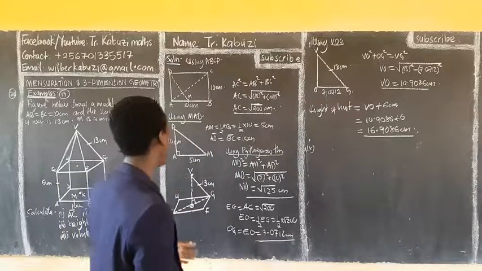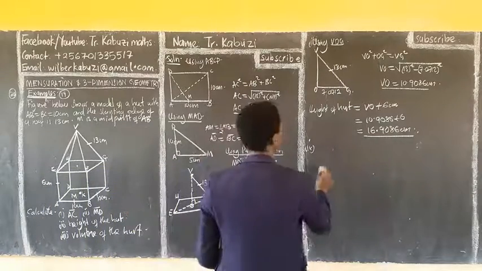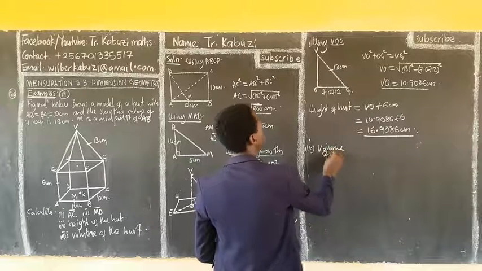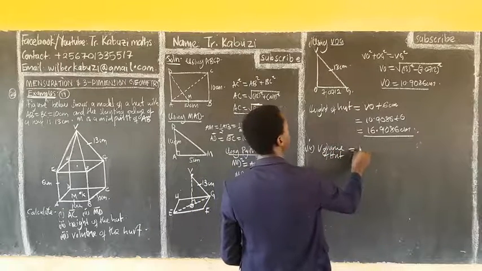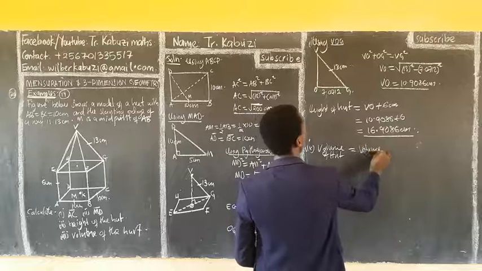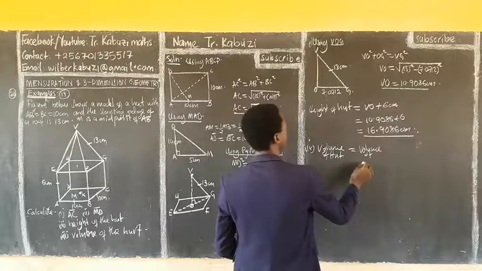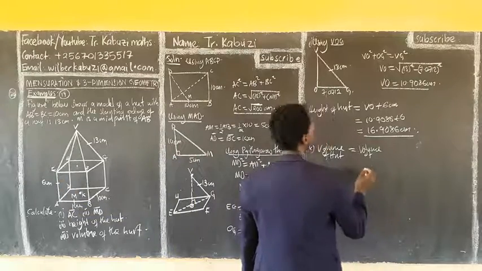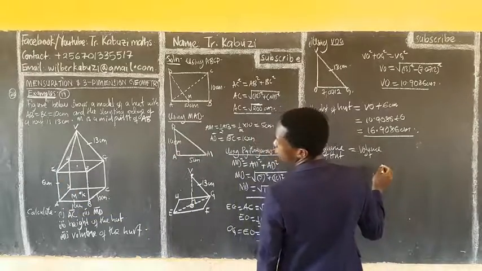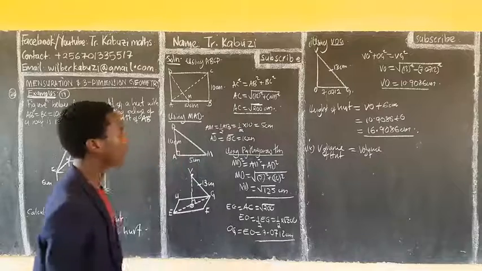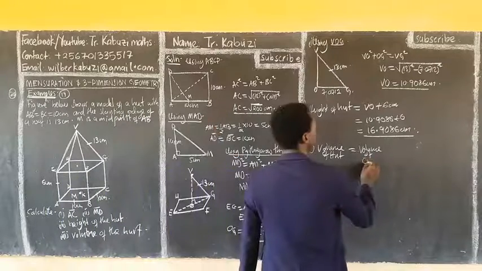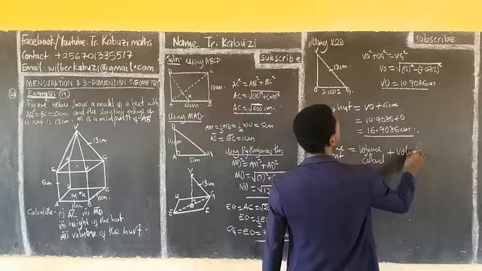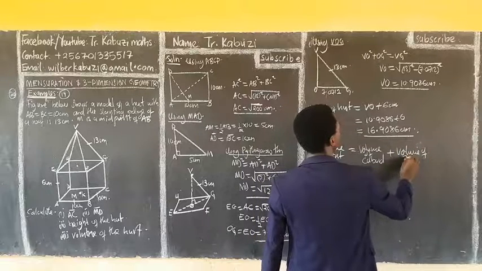Now, you know that the volume of this hat is going to be volume of a cuboid. This one is going to be a cuboid. Volume of the cuboid, then plus volume of the pyramid,